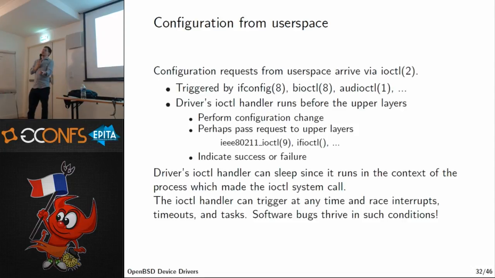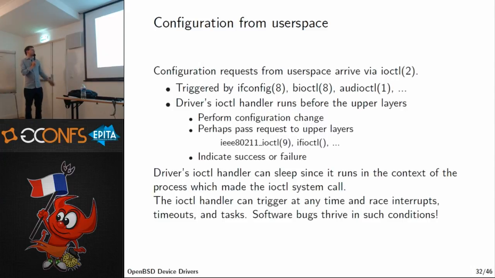For example, bring the interface up, or IOCTLs that configure rate parameters on these interfaces and so on. But you will have to have a handler for this, and you might have to relay requests to the upper layers in the kernel if there's the Wi-Fi stack or the network stack or whatever. Yeah, that's pretty much it.